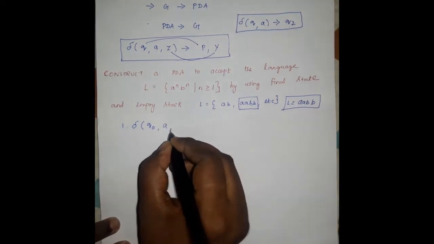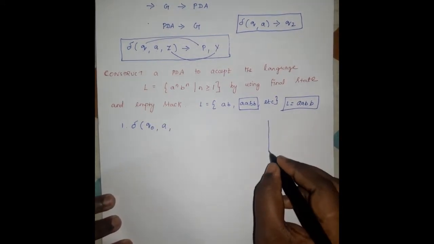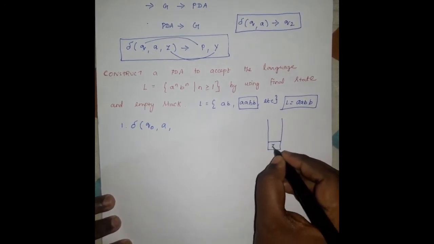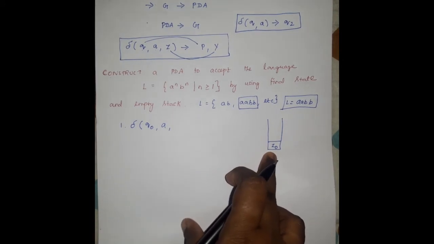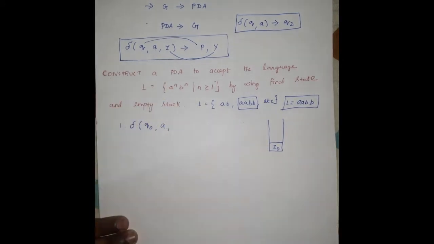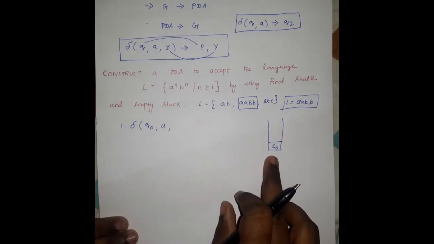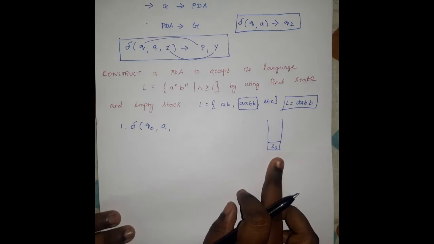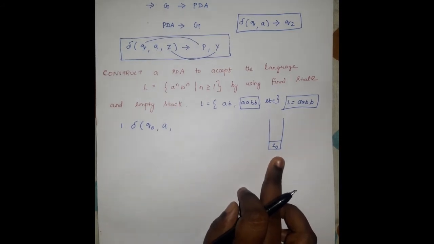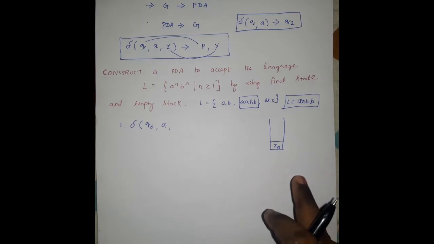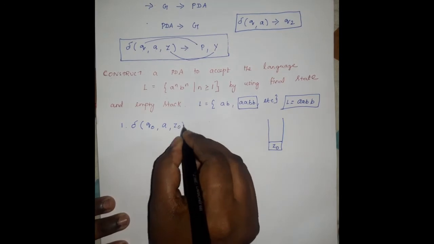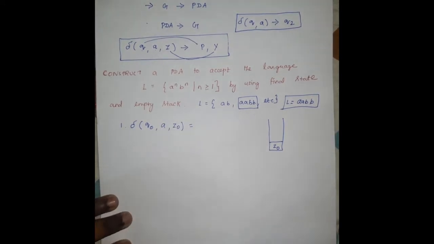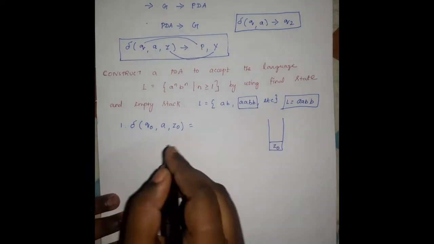So the input symbol is a, and initially the stack in push-down automata has the stack symbol Z0, which is either the top or bottom of the stack, right? Before any operation is performed in push-down automata, the stack has Z0 at the end of the stack, which may be either the top or bottom, but in problem solving we consider Z0 as the bottom of the stack element. So now the stack element is only Z0, and no operations have been performed yet, so the push-down automata remains in the same state.